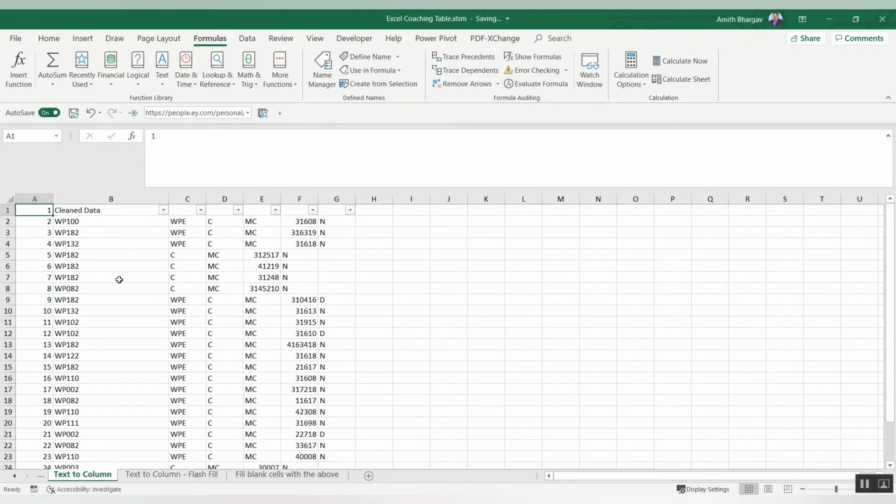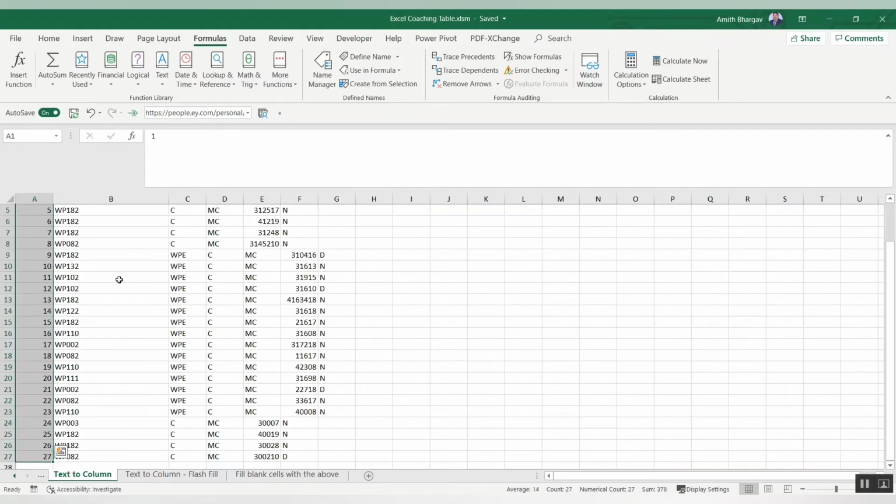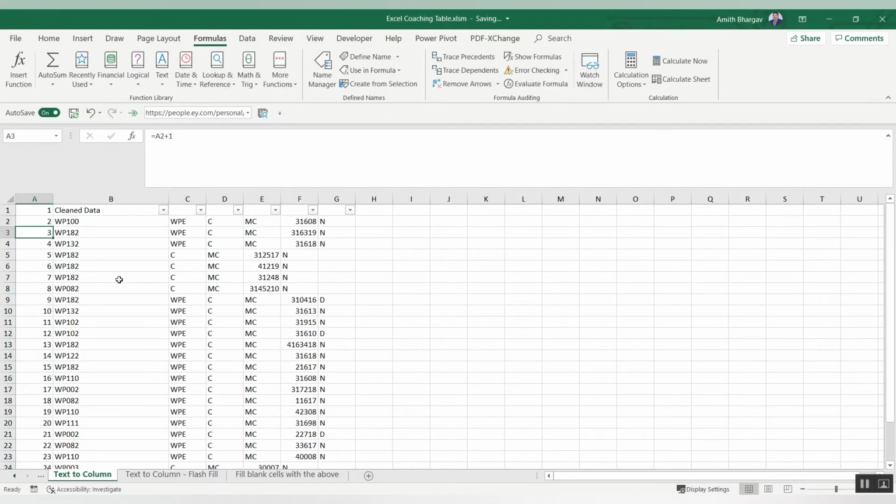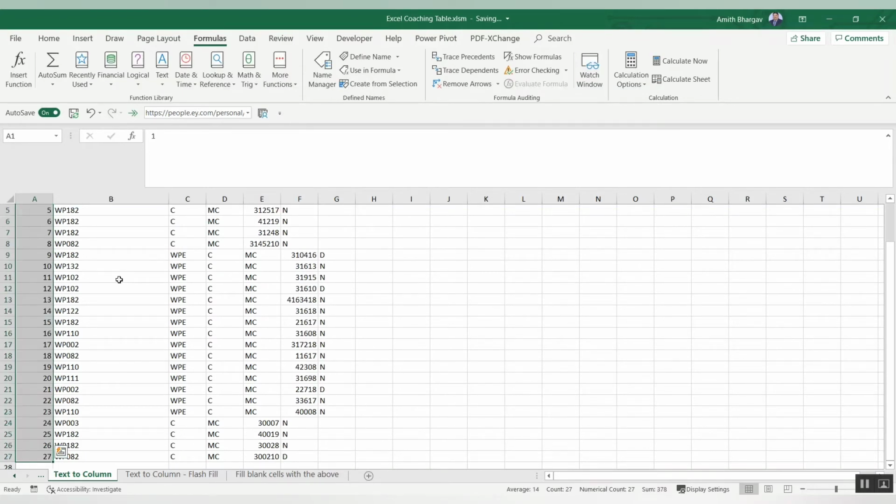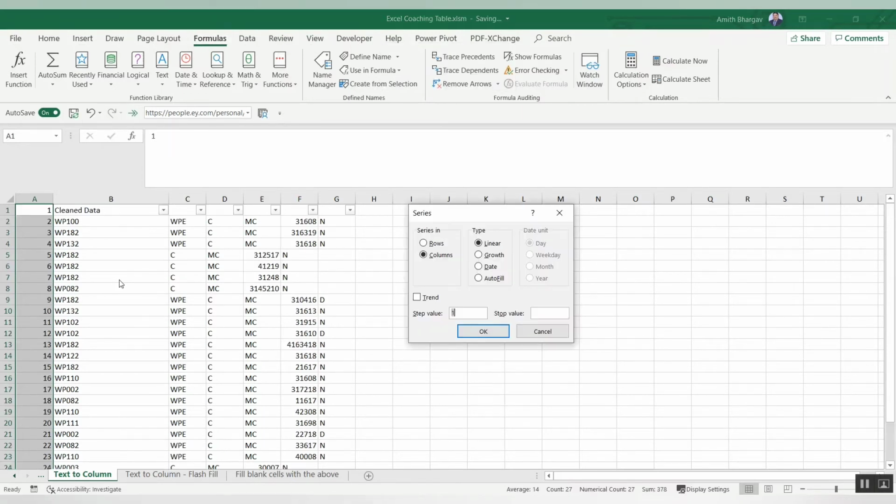This will increase the file size. We have to always ensure we are keeping our files in KB, because then the speed will be more. If we keep more formulas, then it will convert to more MB and the slowness will increase when you work on the file. So what I'll do is type 1 and 2, select the cells, Alt E I S, Alt E I S, and then I'll say step value 1, linear, columns, and OK.